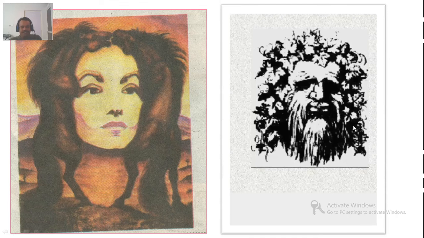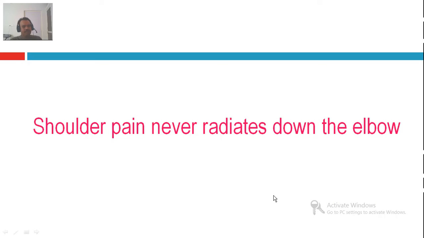Okay, this is a funny picture that I have put up here. I hope you can appreciate that these are not just two horses, there's one face also. I hope you can appreciate this is not just a person with a beard, but you can look at a boy and a girl also. So in the same fashion, like these pictures are tricky, sometimes the clinical picture of the patient is tricky. We think the problem is in the shoulder, but the problem is in the cervical spine. We think the problem is in the cervical spine, the problem could be in the shoulder. Otherwise, the problem could be in both. So we need an ability to neutrally see whether the cervical spine is involved, the shoulder is involved, or both are involved.